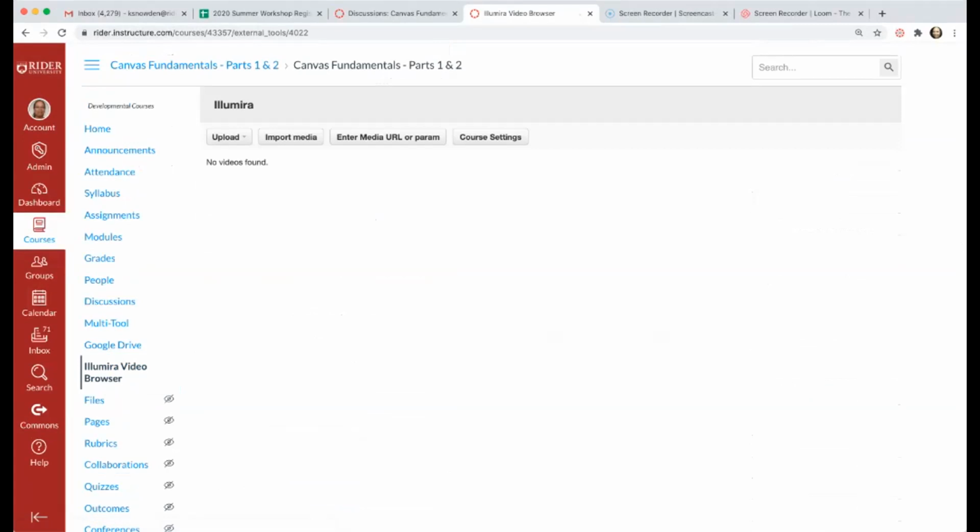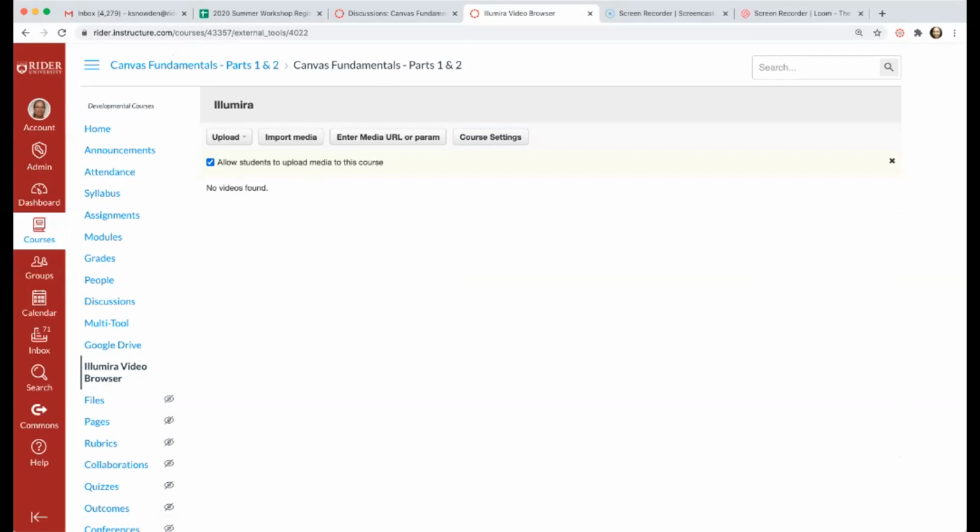When we're in this screen, before I do anything, I want to click this course settings button. If you want students to be able to upload and store content here as well, you can turn that allow students to upload media to this course option on. The media that they upload is not automatically visible to everyone in the class. It is really only visible to the instructor until the instructor makes it available to the rest of the class if they so choose,